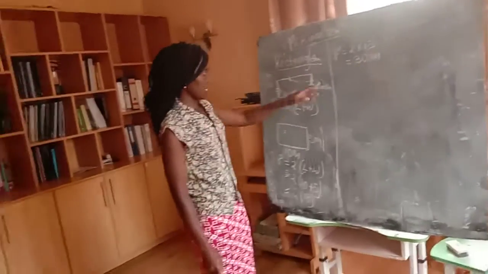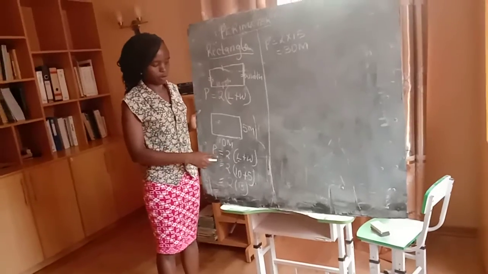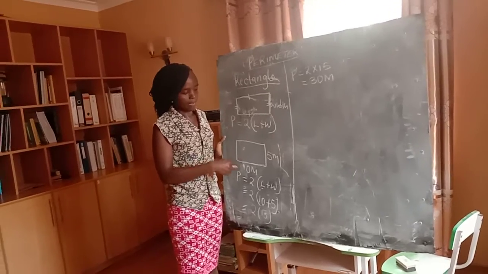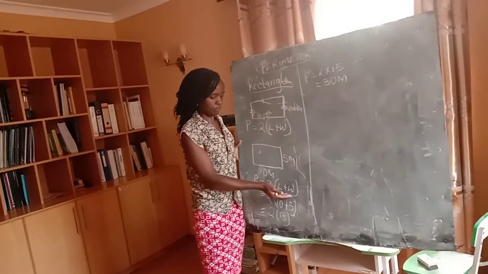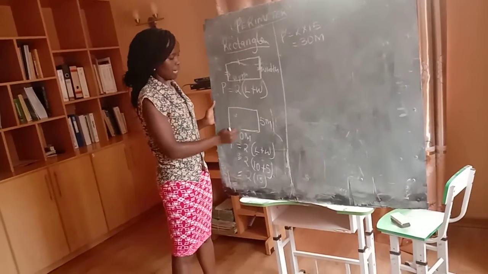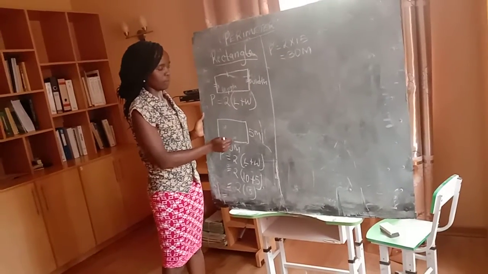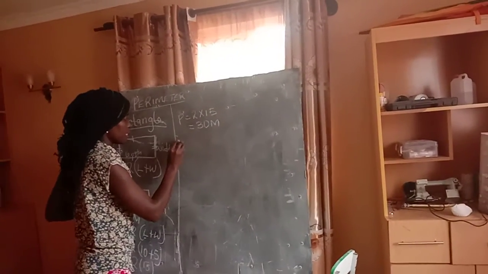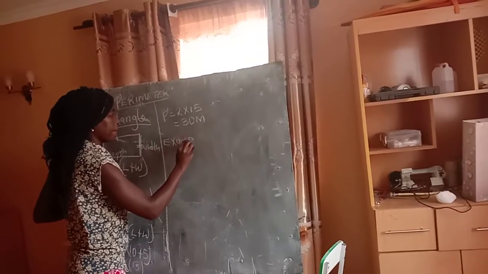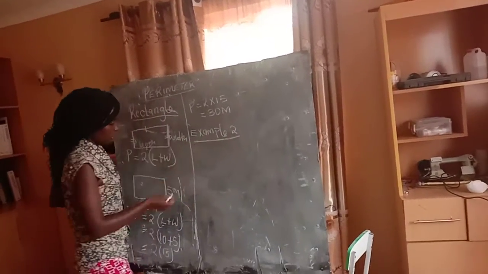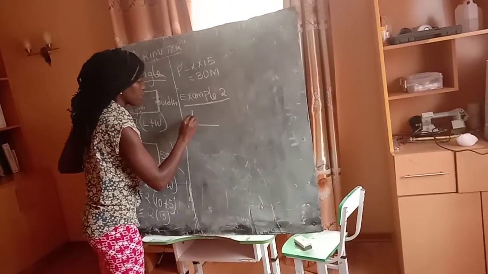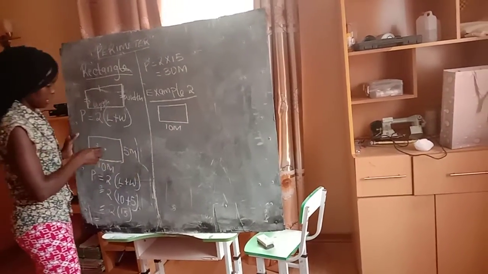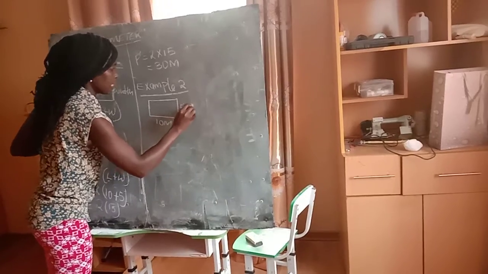Now, that is one way of doing perimeter, in which we use the formula. We can also do the same if you forget the formula: you can add the sides. You can add the 2 sides, that is the length, and then you add the width. The answer you get, you add. So this is example 2. You can have the same rectangle, whereby you are given maybe this is 10 meters. I'm still using the same example, and this is 5 meters.